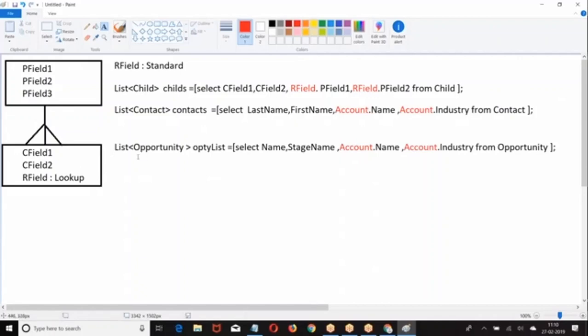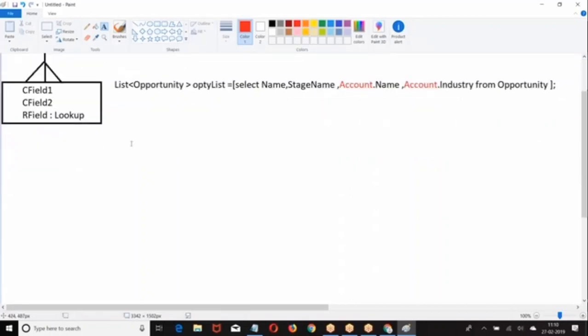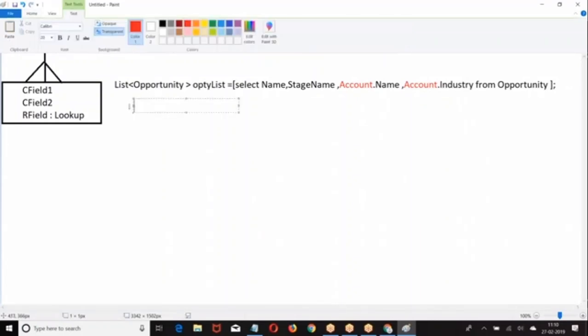Case with account. Get the case with the account data. Now, how did you define it?